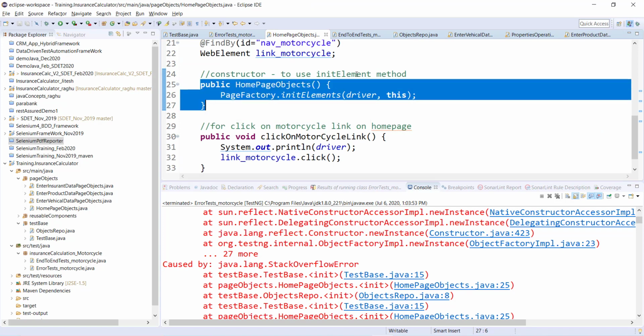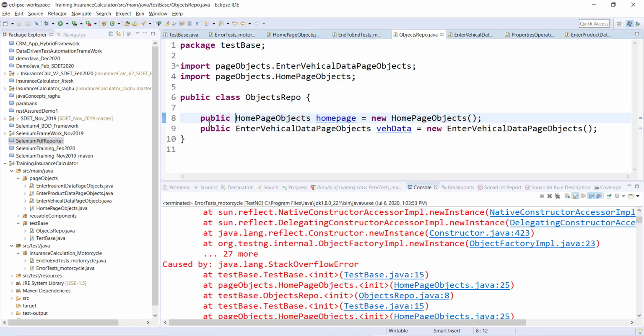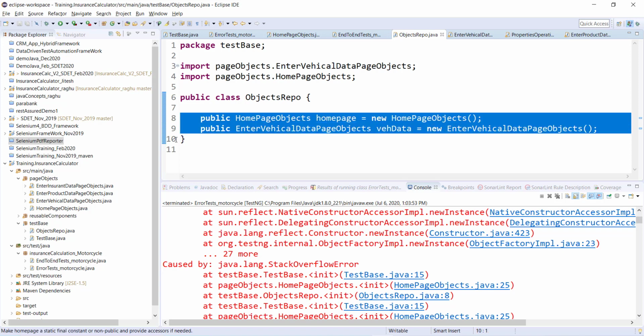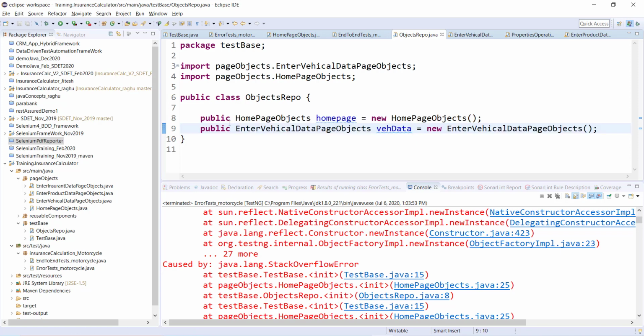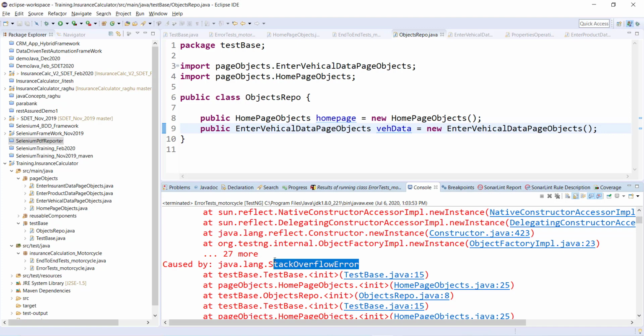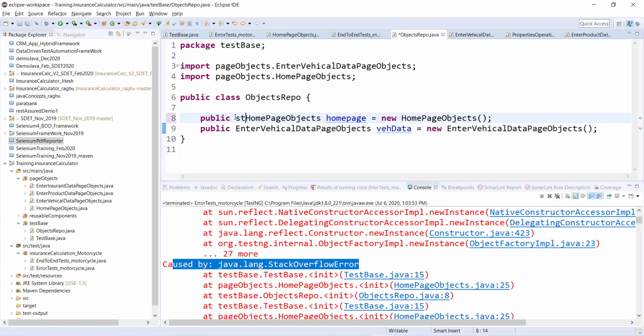So this could be an error during the initialization. And where are we initializing it? Under object repos, right? Because this initialization is not happening, that should be the problem. We get this stack overflow error if there is some recursive call, and I think that should get solved if I make it static over here.